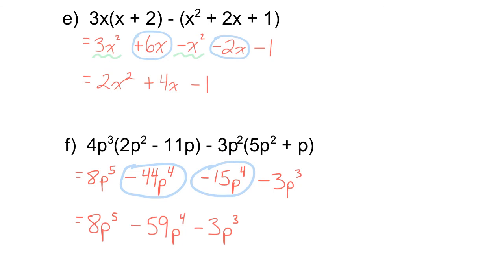Down here, expand, so multiply everything in the brackets by 4p to the exponent 3. Use your exponent rules. Do the same thing over here. Everything's multiplied by negative 3p squared. So watch your signs, watch your exponent rules, and then you have like terms that you can combine to get